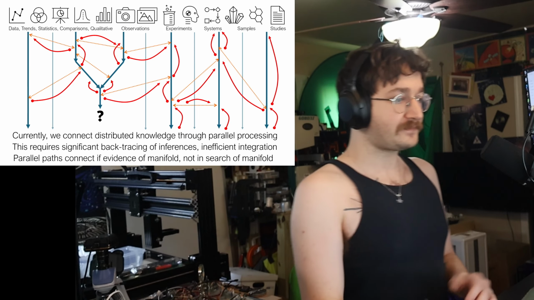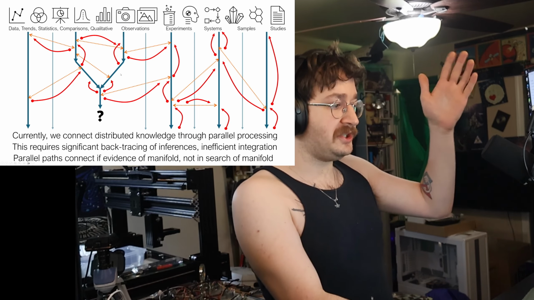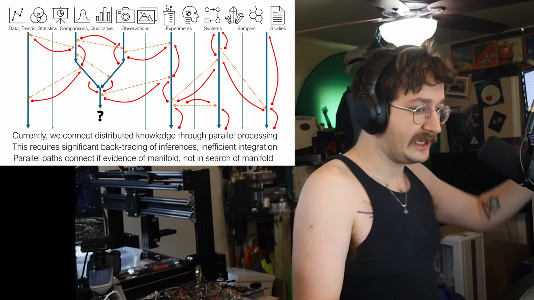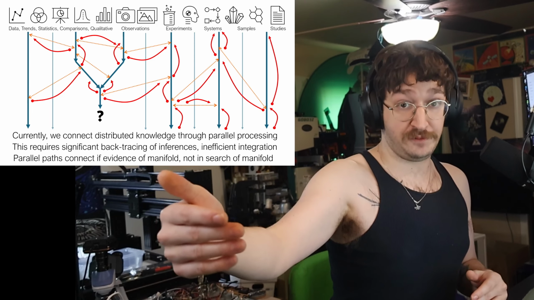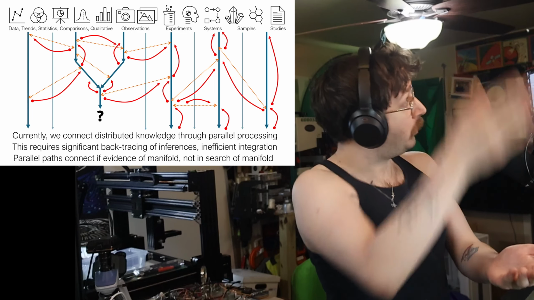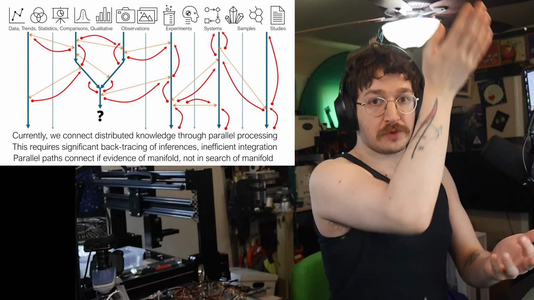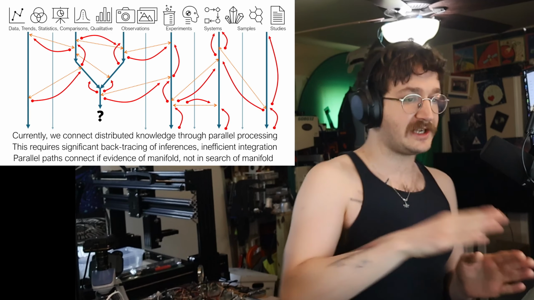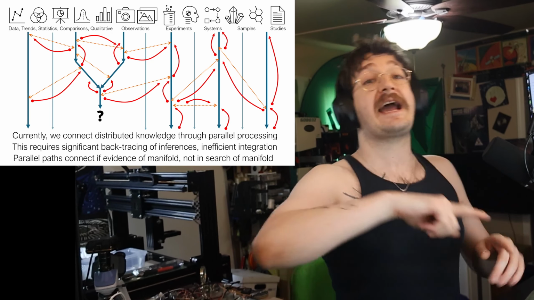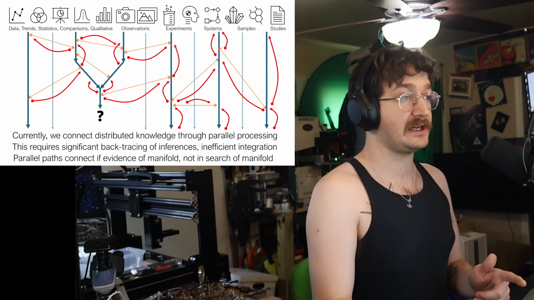A good scientist will inevitably have a very nice and clean flow, but inevitably it's never perfect, right? And it's clear that parallel paths are only connecting if the evidence is manifold. It's not in search of manifold, right? If you're in search of manifold down the one thread, you know that you're looking from source to fundamental mechanism to some observation, right? But if you're crossing context, you're not necessarily searching for a manifold. You already have a manifold, and that's how you're crossing context.